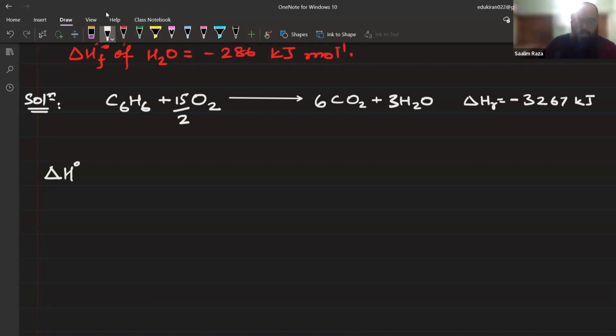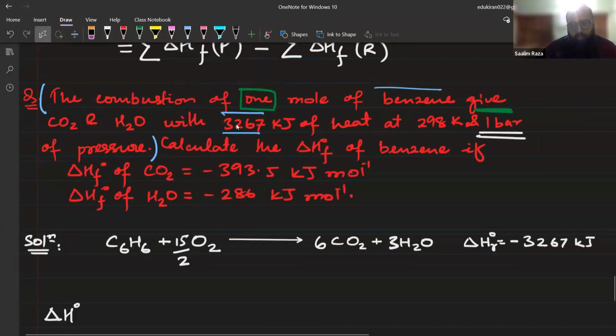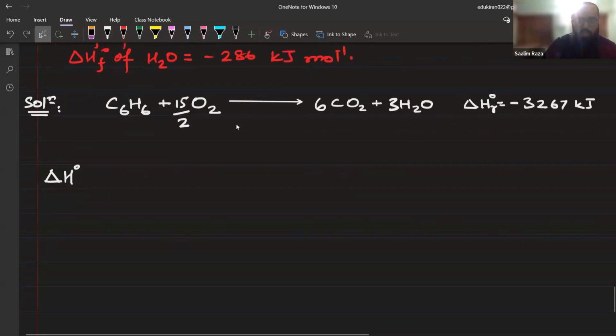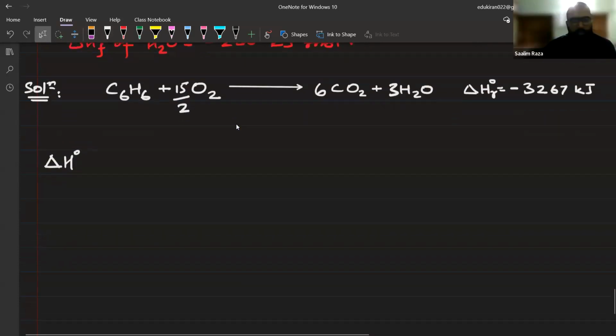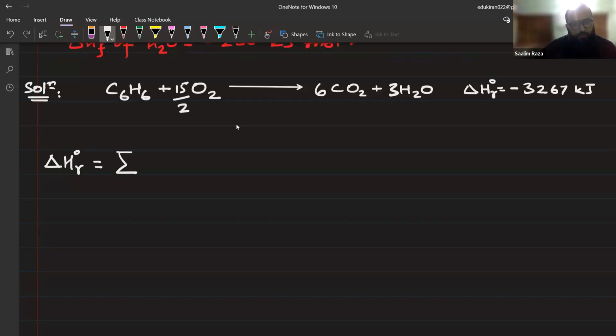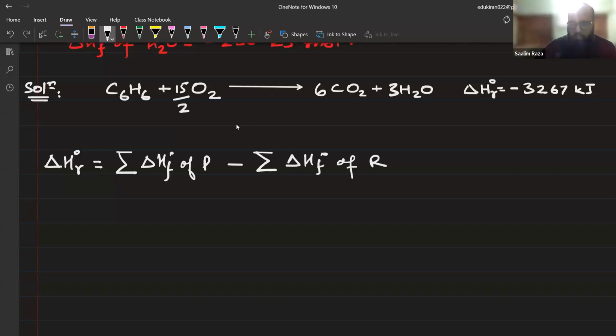Because we are doing this in standard form ना, 1 bar of pressure है, तो ये डेल्टा H नॉट R। या आप अगर HR भी लिखें तो कोई दिक्कत की बात नहीं है। H naught R will be equal to the summation of delta HF naught of products minus the summation of delta HF naught of reactants।